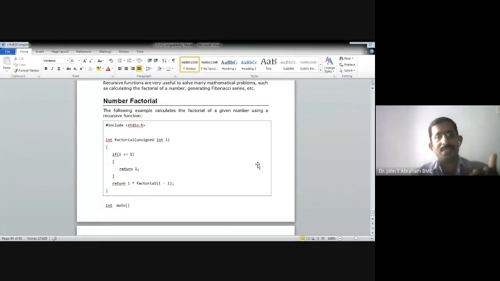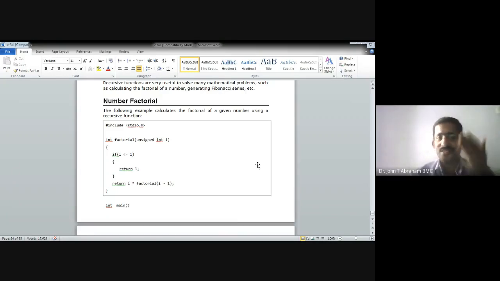Many purposes are there. Factorial is an example. Suppose we want to find the factorial of a number. 5 factorial means 1 into 2 into 3 into 4 into 5. But how did we get it? It is nothing but 4 factorial into 5. And how did we get this 4 factorial? It is nothing but 3 factorial into 4.